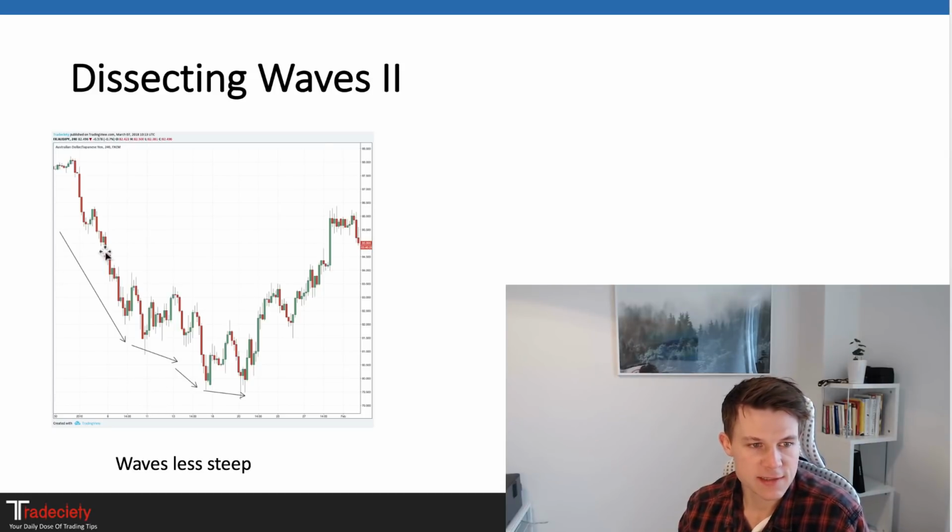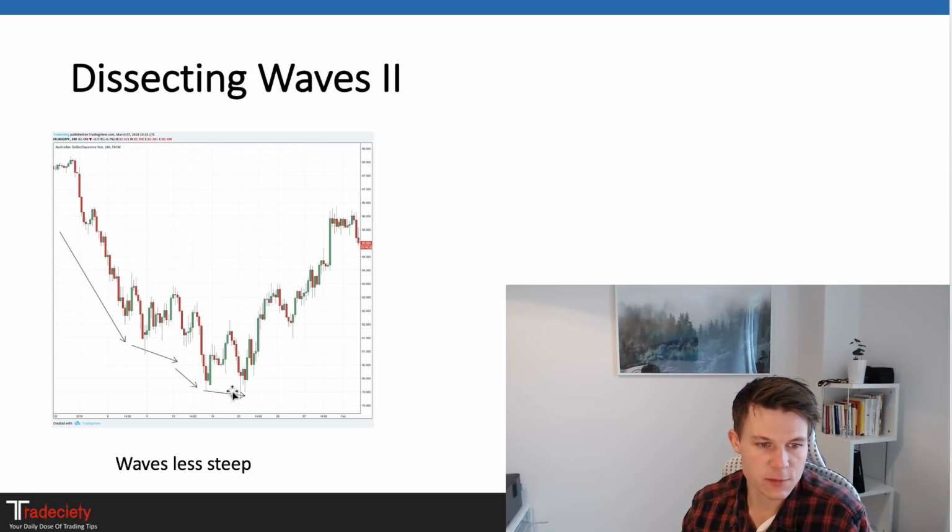Another example, you can see we are starting with a very strong downtrend, and then on each push to the downside, the trend waves were less and less steep. You can also see that the corrective waves, the waves in the opposite direction to the ongoing trend, are becoming deeper and longer. And then here at the bottom, the price is almost not able to break the low, so it's more or less a double bottom here.